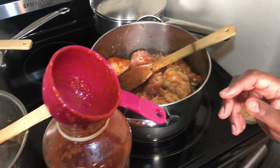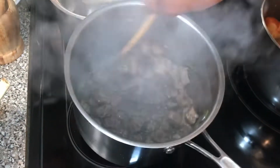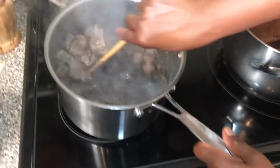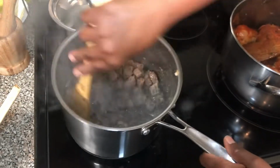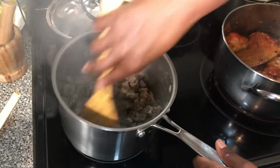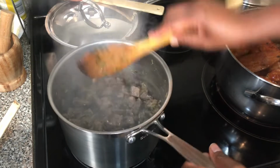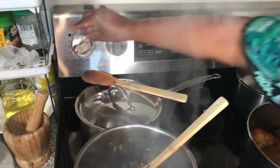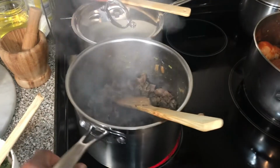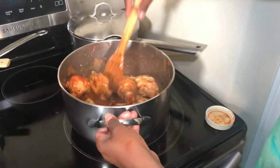Before I do that, let me check my beef. It is frying now with the oil, and we don't want it burning. There it is. I have to reduce a little bit of that heat, so I'll let it continue frying while I stir. This one here,